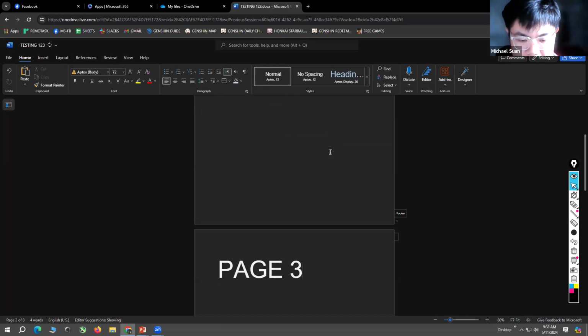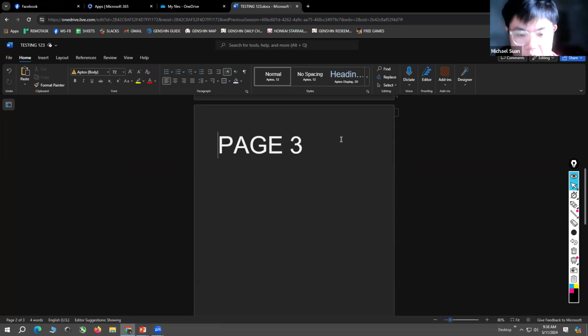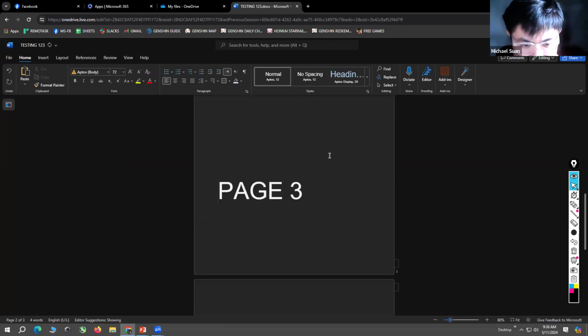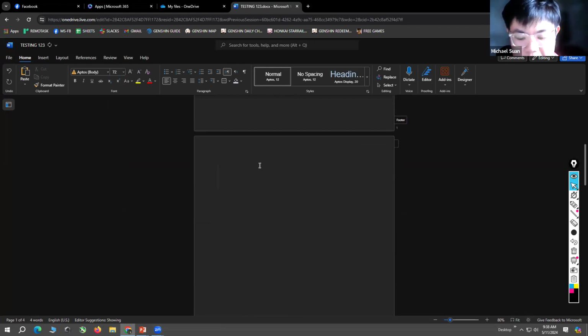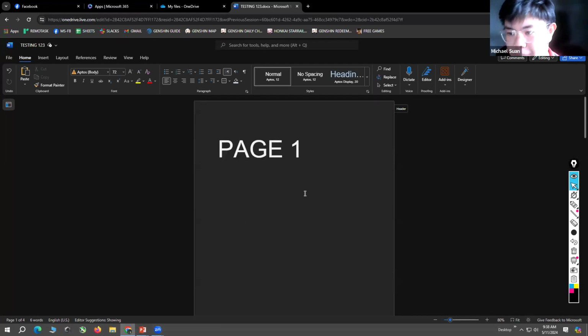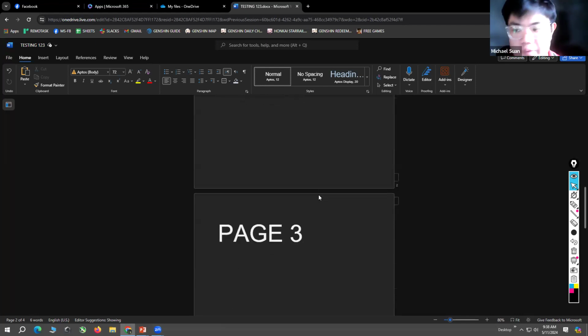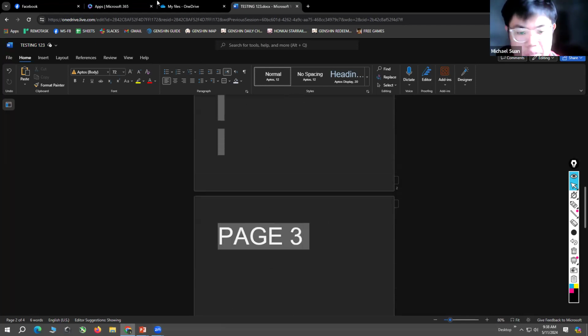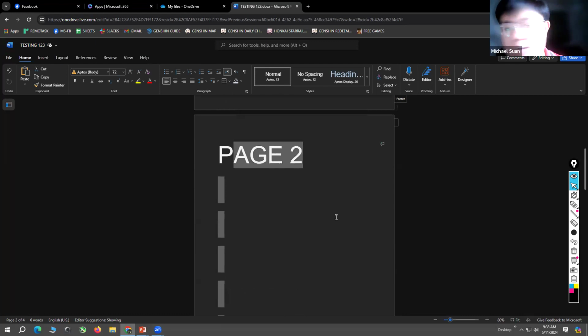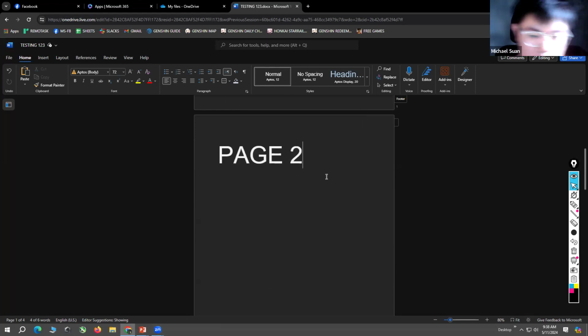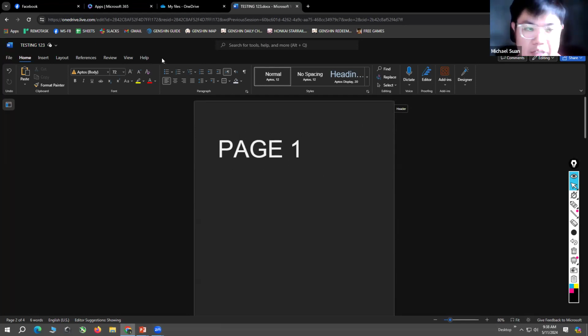You want to insert page 2, but I really do it manually. So I click on enter up until I reach the bottom to create page 3, and then I insert page 2 here. That is how I do it, manually. But if ever anyone has a much simpler way, you can share.